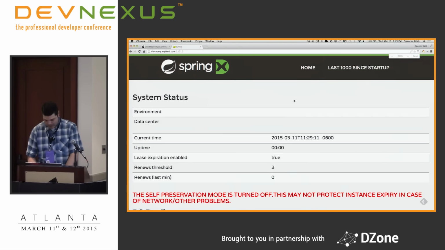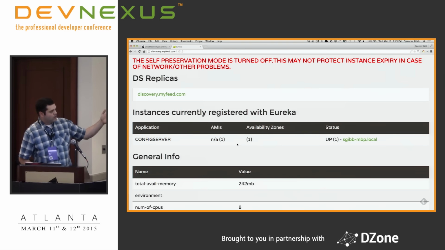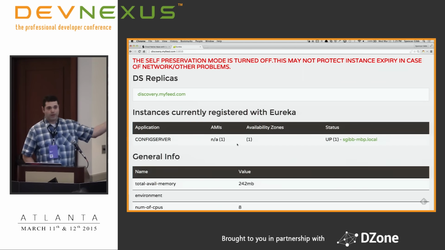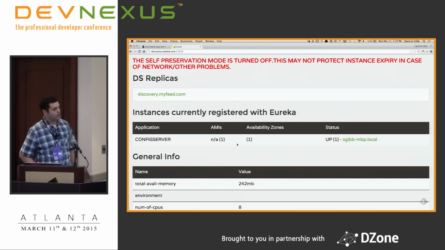So this is the Eureka Dashboard. We just basically reskinned what came from Netflix, and you can see that config server was already up and running. It couldn't talk to Eureka, but has since registered itself with Eureka. There's a background thread that spins when it can't connect, and will continually try and reconnect. And there's also a heartbeat process that happens that if an instance of a service doesn't ping Eureka enough, it will drop it out of its rotation.